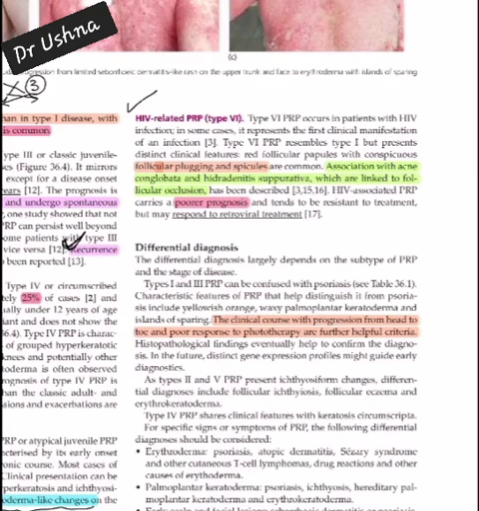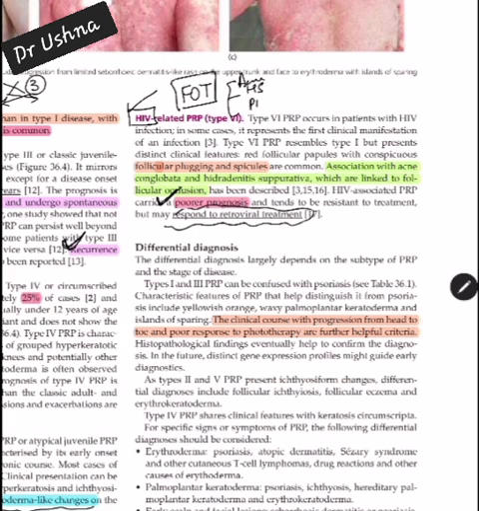Type 6 PRP is straightforward. It is related to HIV. When you have to deal with a patient of type 6 PRP, you have to deal with antiretroviral drugs. It has a poorer prognosis. Then the important association for the type 6 PRP is basically your follicular occlusion triad or tetrad. You all know the follicular occlusion triad. These are acne, hidradenitis suppurativa, and the third one is pilonidal sinus.